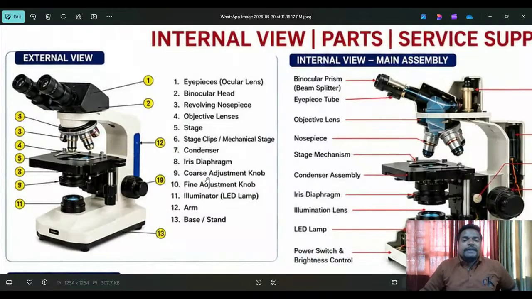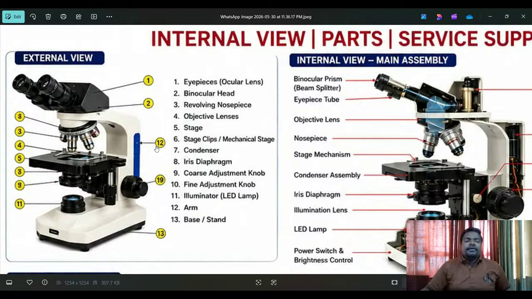Next, the seventh point is the condenser, the eighth point is the iris diaphragm, the ninth point is the coarse adjustment knob, and the tenth point is the fine adjustment knob. Next, the eleventh point is the illuminator LED, the twelfth point is the arm, and the thirteenth point is the base or stand. This is the